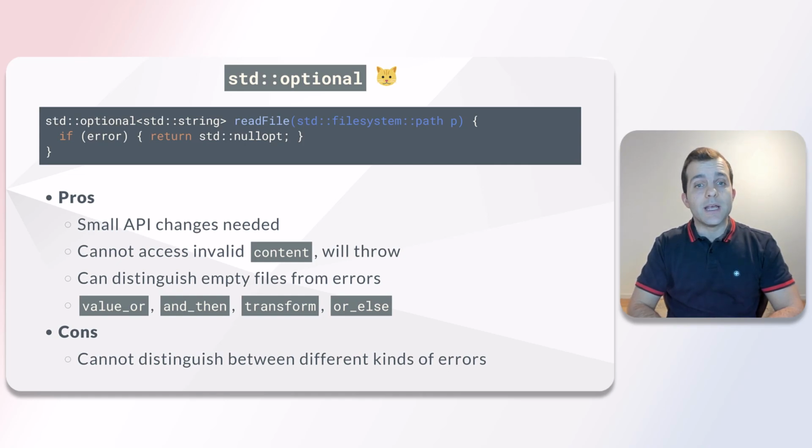For example, an optional integer may hold either an integer or not. An optional string can either be a string or nothing. Here's the cool part. An optional string may actually hold an empty string. This allows us to distinguish between an empty string and a missing string. In our read file example, we return an empty optional if an error occurs, otherwise we return the contents of